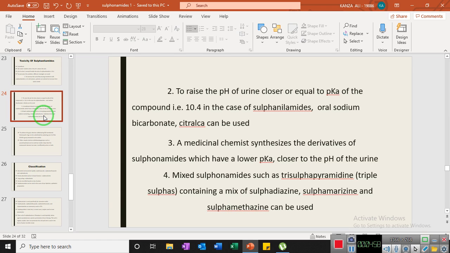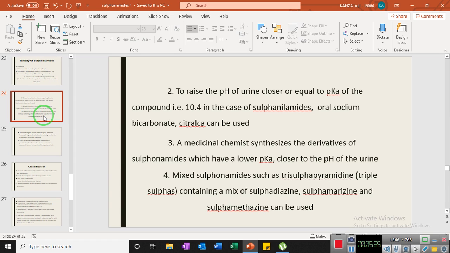As the difference is higher, the formation of crystals is more. What does it mean? The pH of the urine and the pK of the compound should become closer as much as possible, and if this will take place, the formation of crystals in the urine can be